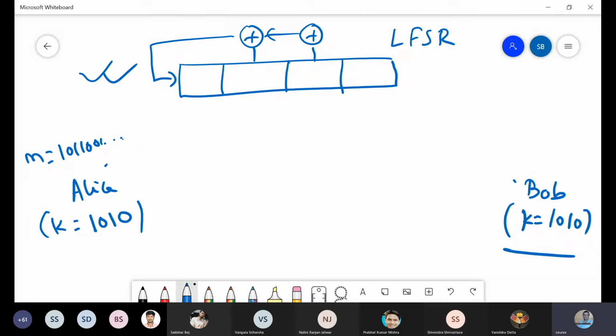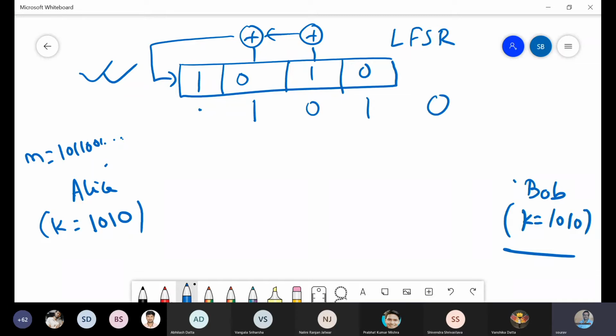First use the K itself and then shift it and again use. Yeah, so first we will initialize the states. These are the states, you can say, of this finite state machine. We initialize this with the key they have shared. Then we start generating. So we'll do the shifting. This will come here, this one will come here, this 0 will come here, this one will come here, 0 will go there.